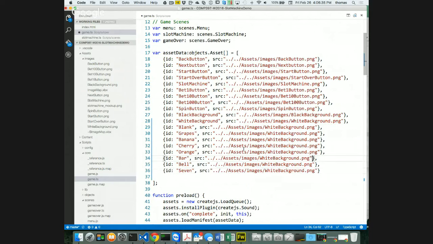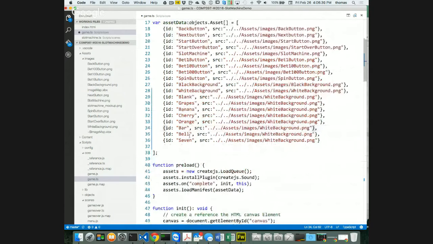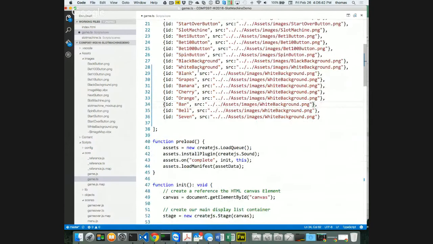All right, so now that's one part, but the other part is I got to rename all this piece. So this is the ID piece in my manifest, the common name that I can use to call up the image, right? That's how this thing works. So I'm going to go blank, and I'm going to go over here now, blank. Grapes, grapes. And because the path has got to be correct too,